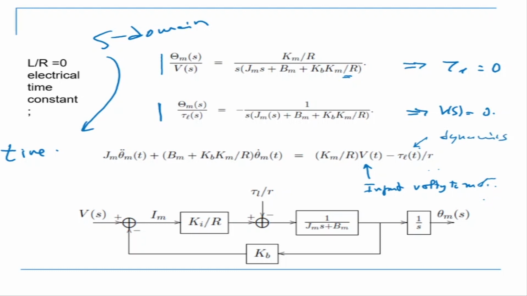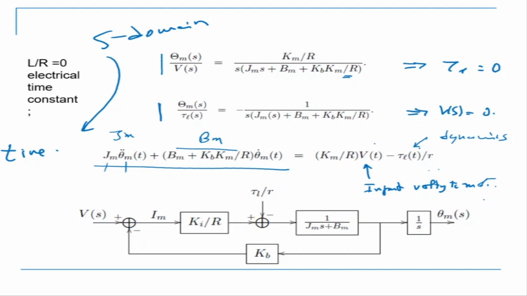So when we say design a control, this is my motor. I can simplify this and call it Bm. Jm is the motor inertia. So motor inertia into motor acceleration, plus motor damping into motor velocity, is equal to the voltage that is being given as input to the motor, times the motor constant Km, minus the dynamic torque tau L.